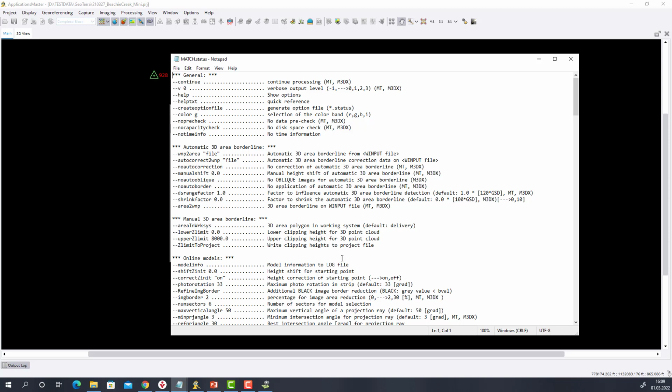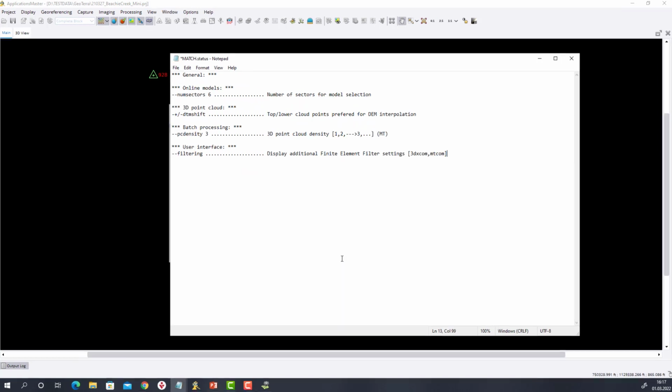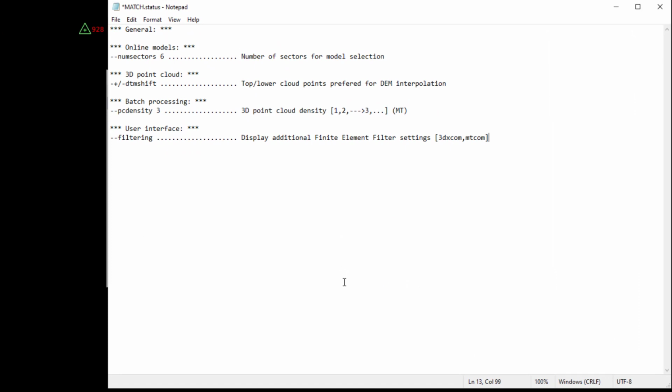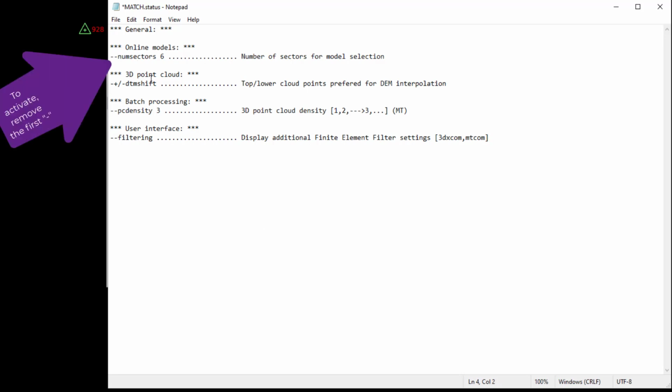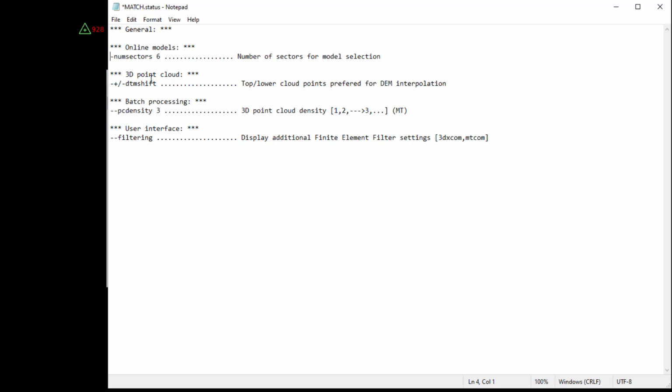I will also now simplify here this status file, only leaving these parameters inside here that we will talk about, so we don't get confused with all the other stuff. So here we go. We left the parameters that we are interested in today. So we will have an influence by the num sectors. And what we will do now here is we will emphasize that for each matching, we will always try to